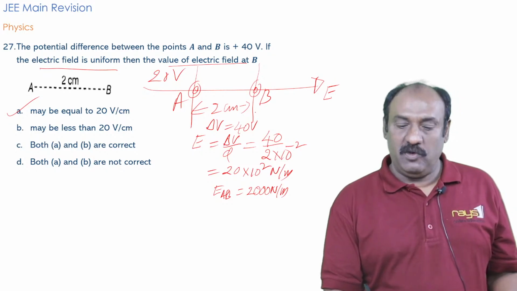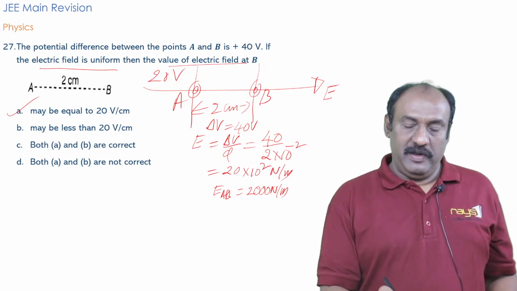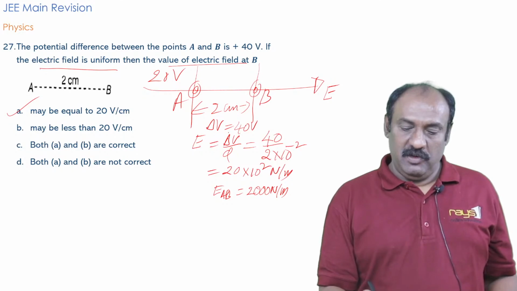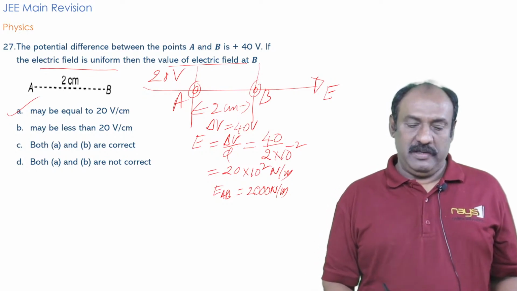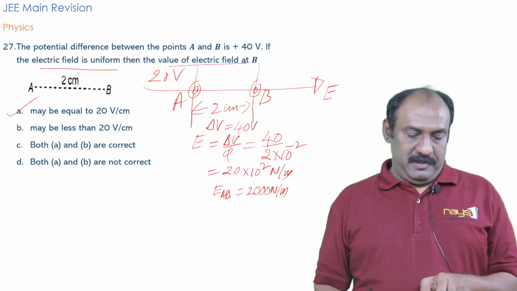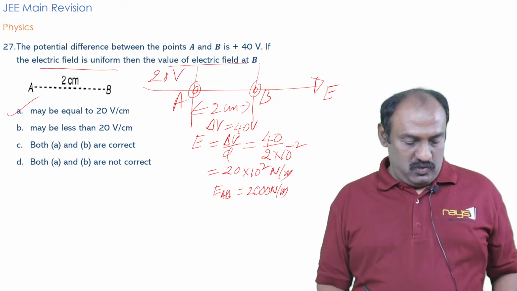When it is 0 volt, the difference is 40 volt. So here it may be more than, less than, or equal to 20 volt by assuming